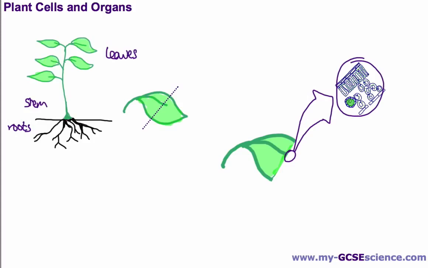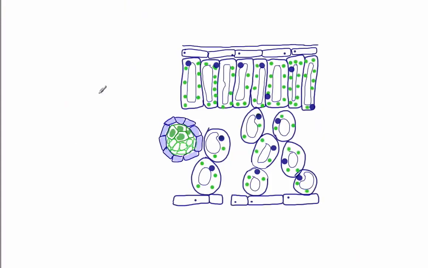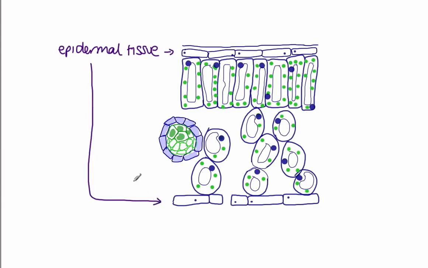Now if I just make that slightly larger so that we can see a bit more clearly, these are the cells and tissues that are present in the leaf of a plant. At the top here we have what we call epidermal tissue, and that's basically just a type of tissue that covers parts of the plant, and in this example it's covering the top of the leaf. We also have epidermal tissue at the bottom here as well, so both sides of the leaf has epidermal tissue,